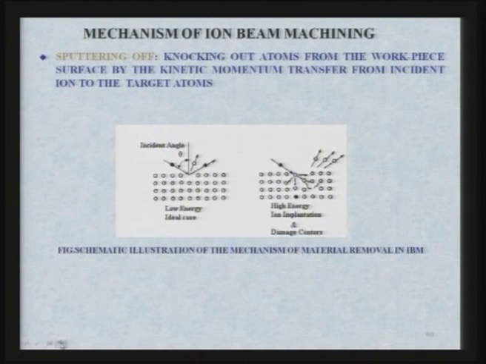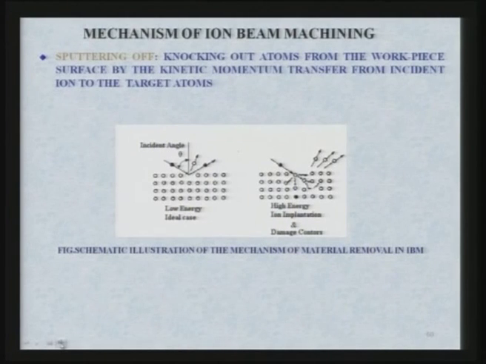Now, there is another very important process in case of micro machining or nano machining, and that process is known as ion beam machining. Here actually the beauty of this process is you are removing the material atom by atom. So, sputtering off or knocking out atoms from the workpiece surface by the kinetic momentum transfer from incident ion to